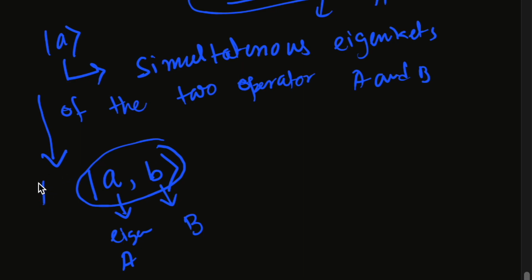Now if we operate with A, we will get eigenvalue A and the system will remain in the same state, and this simultaneous state will not change, and if we operate with B, it will give us